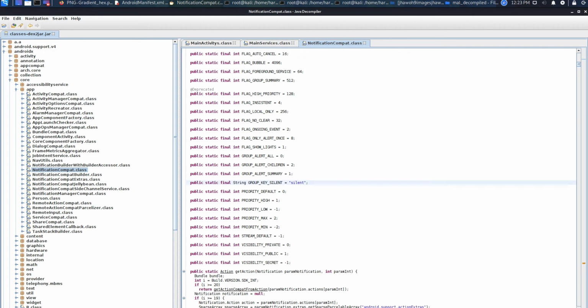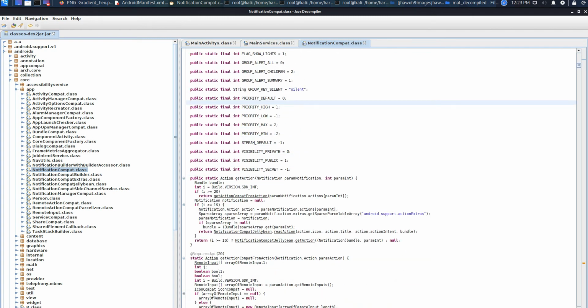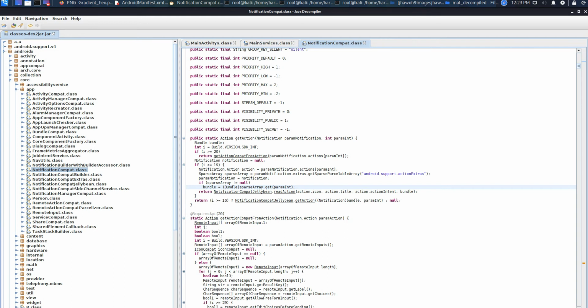And they are checking silent, maybe running as a background service, or there is a chance they may be looking at whether your device is silent or not. So these extras they are adding using this package, as you can see here. So get action. These are all the actions they have declared, and using these they are getting data. They are using the notification manager.